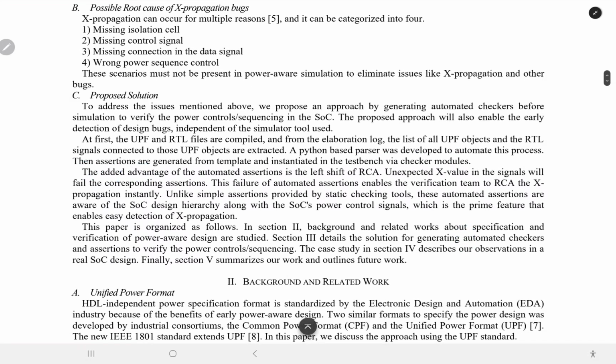The added advantage of the automated assertions is left shift of RCA. Unexpected X values in the signals will fail the corresponding assertions. This failure of automated assertions enabled the verification team to RCA the X propagation instantly. Unlike simple assertions provided by static checking tools, these automated assertions are aware of the SoC design and hierarchy, along with the SoC power control signals, which is the prime feature that enables easy detection of